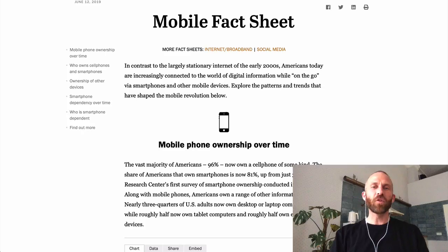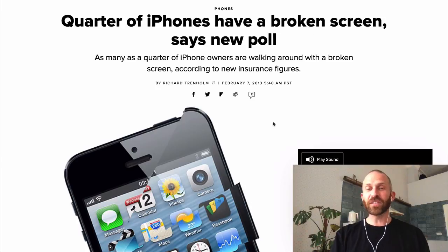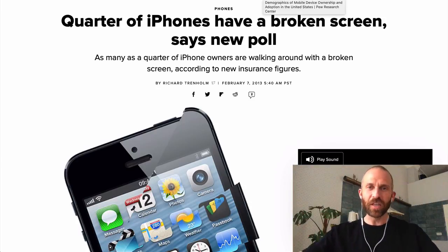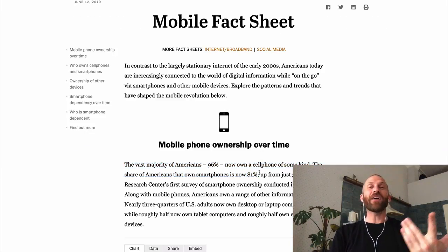But here's the thing. Right now, it turns out that the vast majority of Americans, 96%, own cell phones, and the share of Americans that own smartphones is now at 81%. So 8 out of 10 people have a smartphone. And you know what? A quarter of iPhones have a broken screen. So that means, let's just say a quarter of all phones have a broken screen. So that means that 20% of Americans have